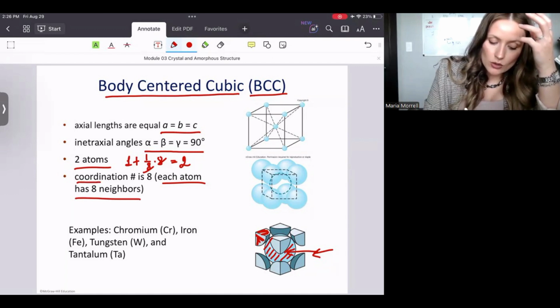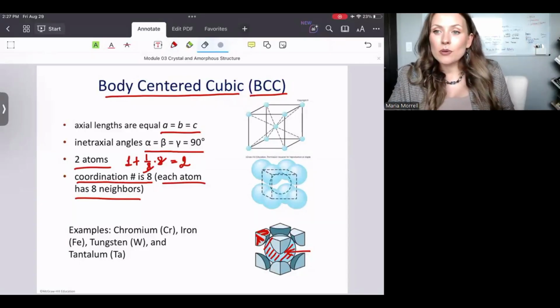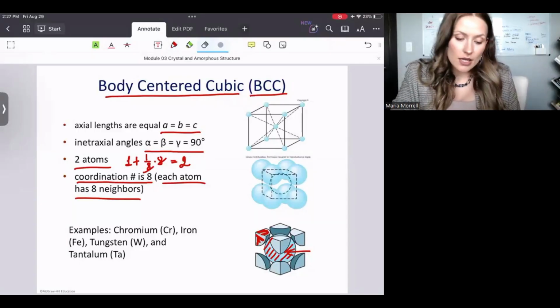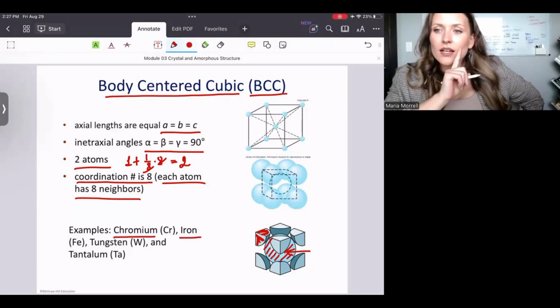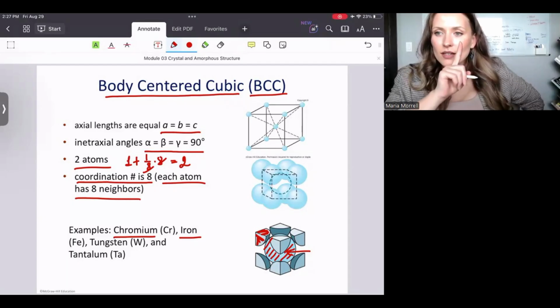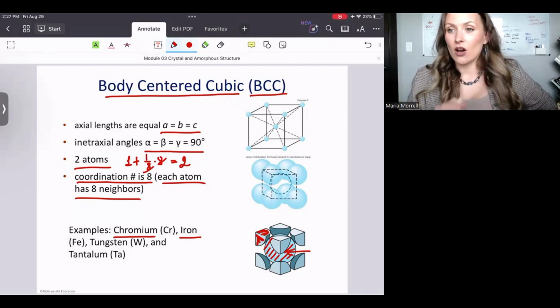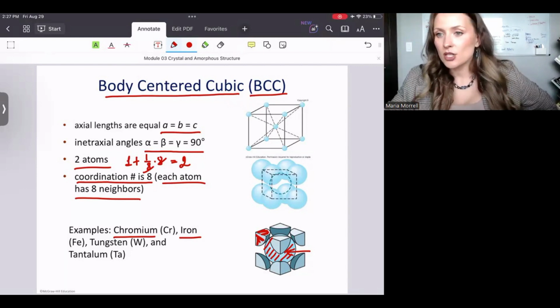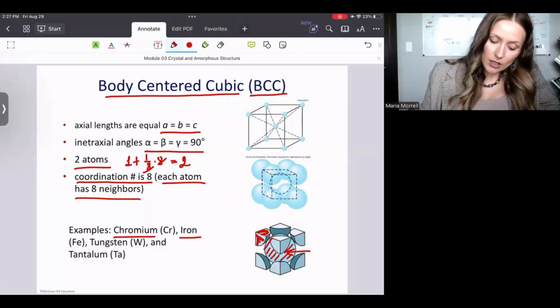And this is why we always say coordination number is 8. Okay. Now, examples of such metals include chromium, iron. Iron is tricky. Later on, iron is tricky. At some point, it can change the crystal structure a little bit and then go back to the original one. I will show you this phenomenon in detail at the end of this lecture, okay? But typically, up to very, very high temperatures, and especially at room temperature, iron is a BCC, body-centered cubic material,